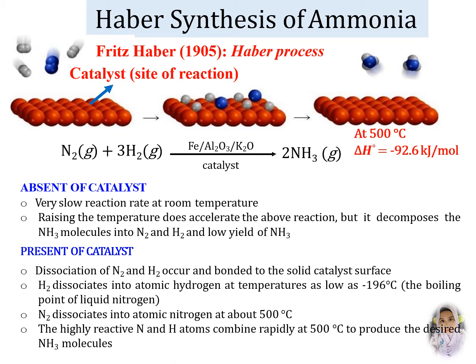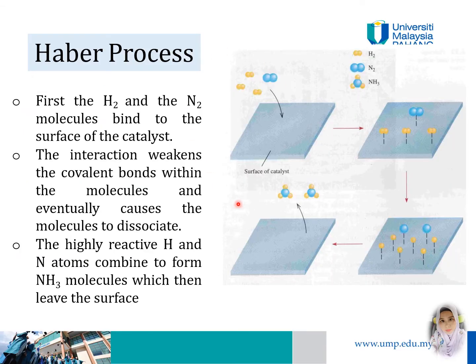ammonia molecules. The schematic represents the Haber process, in which first the hydrogen and nitrogen molecules bind to the surface of the catalyst, and then the interactions weaken the covalent bonds within the molecules and eventually cause the molecules to dissociate. And then finally, the highly reactive hydrogen and nitrogen atoms combine to form an ammonia molecule, which then